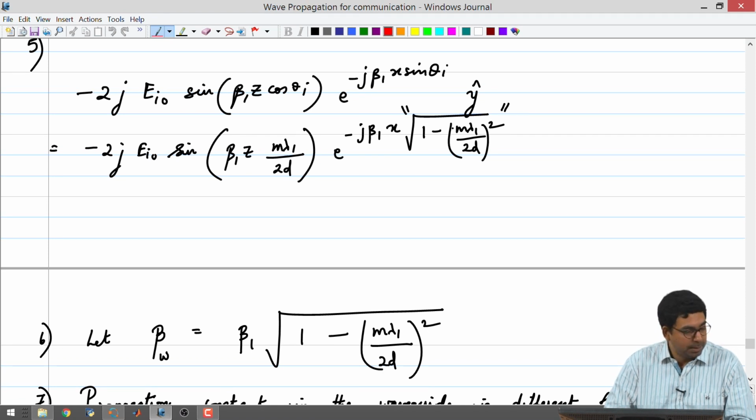And the two things that we are going to be talking about: one is with regards to the phase and the group velocities. The second thing is related to dispersion.